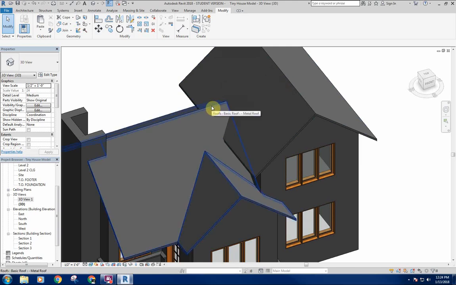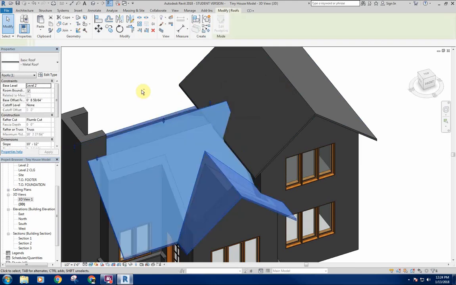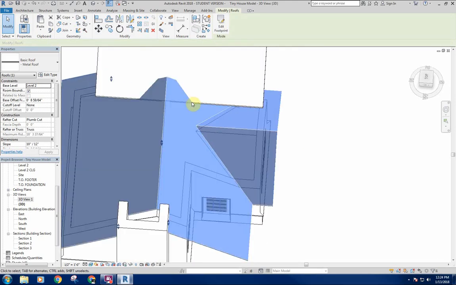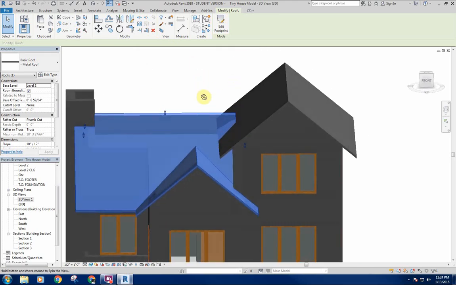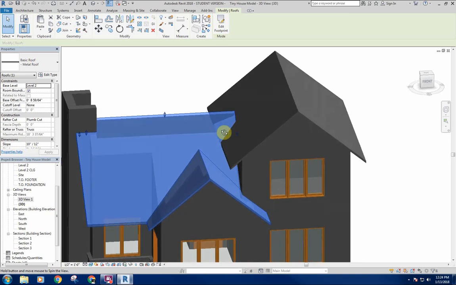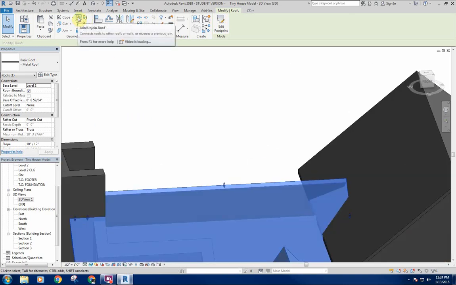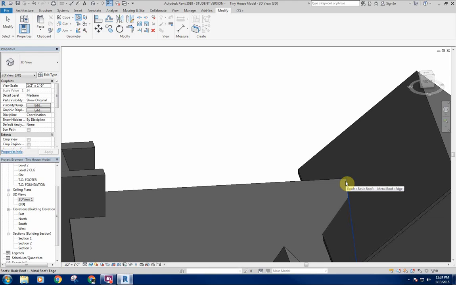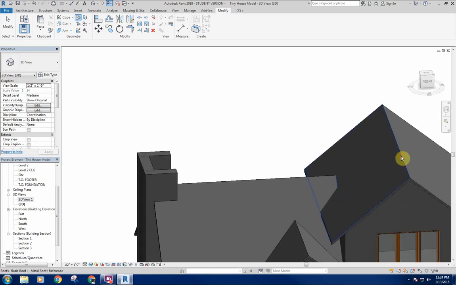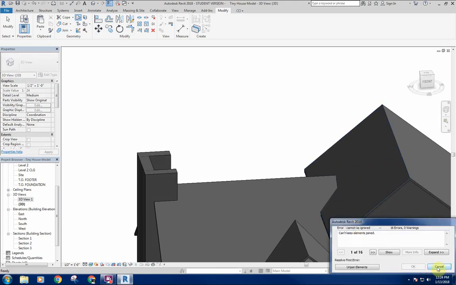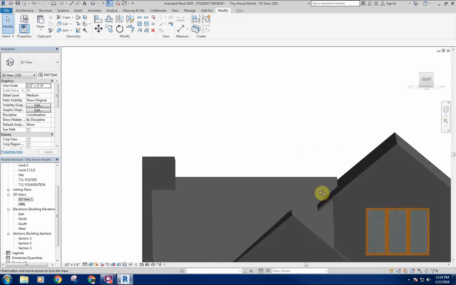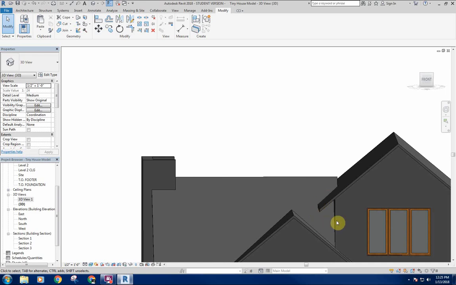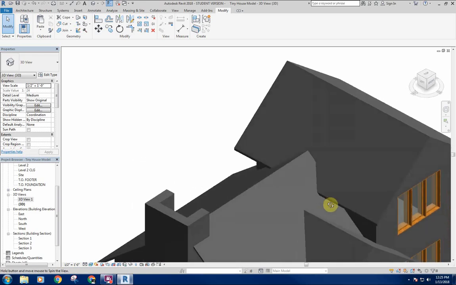So I'm going to basically take these points, and I want to make sure that this gets framed over the top of that roof here. You can see I've got this weird intersection here. What I can do is come up here to join unjoin roof. And if I select an edge of this roof and then select the face of this, okay, it's going to give me an error for that one because it's sitting below and coming up through, and it doesn't know how to cut around this whole thing. So what we'll do